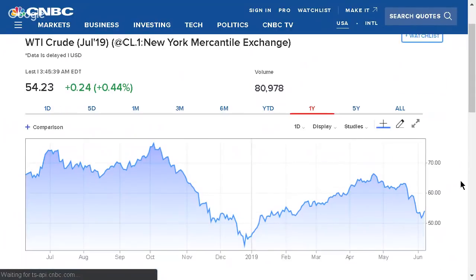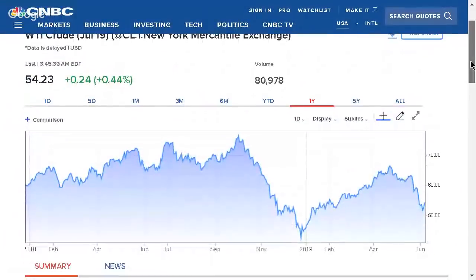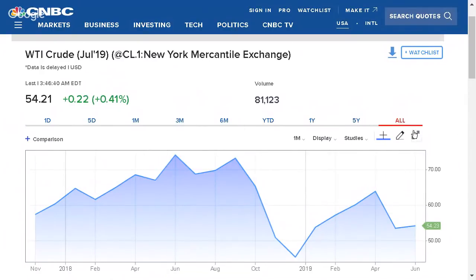The 1-year chart. There's the 1-year chart of oil. It's actually quite low right now. And considering that the planet is going to keep getting colder for another 2 years, this seems excessively low. If you look at all of the data,